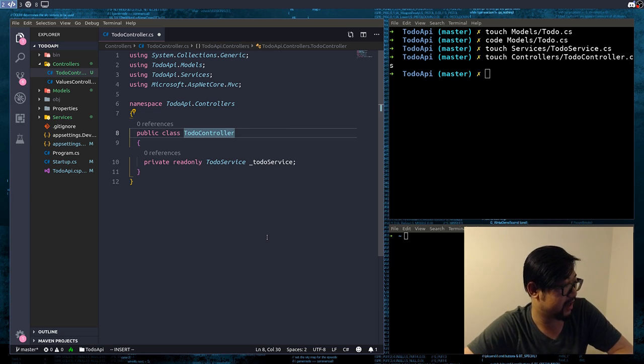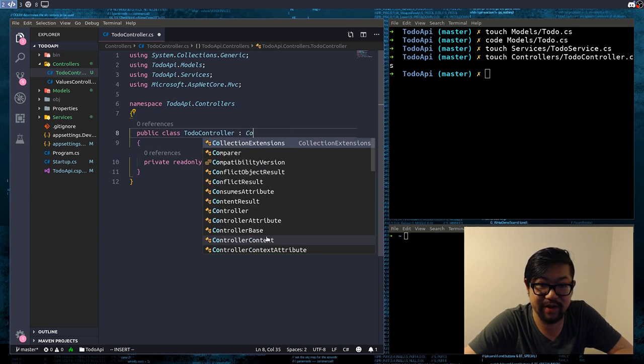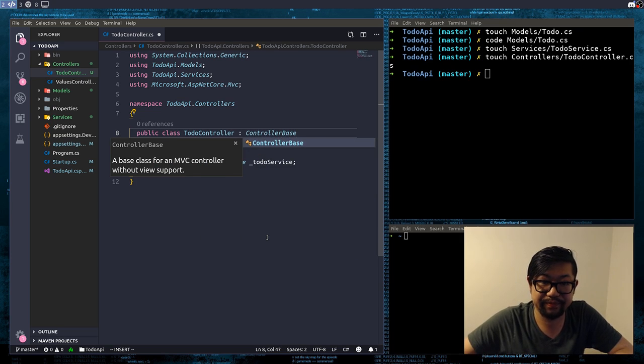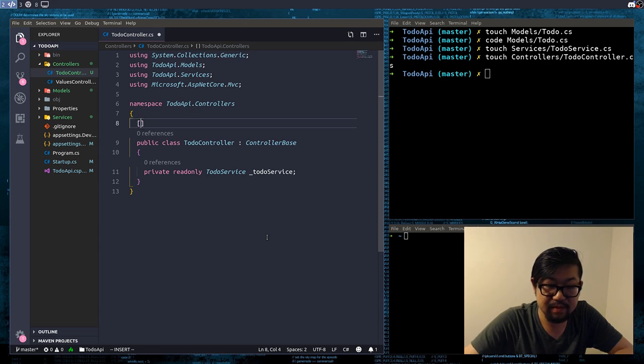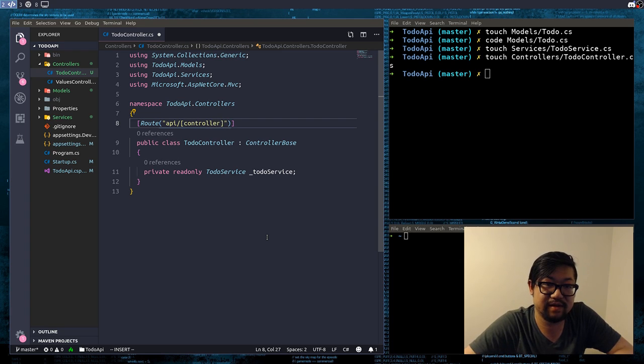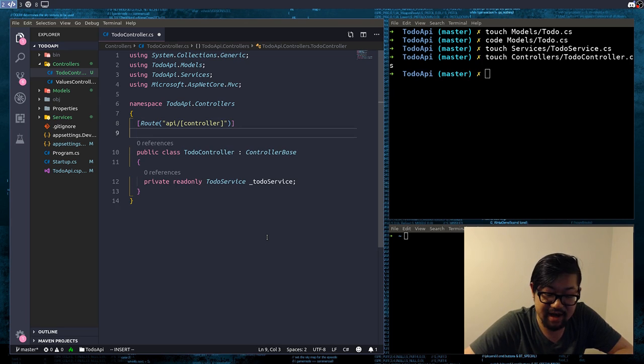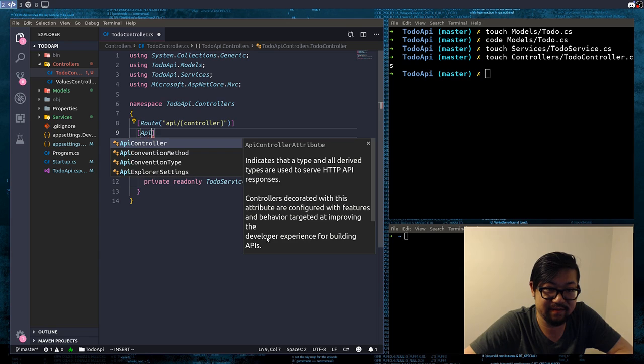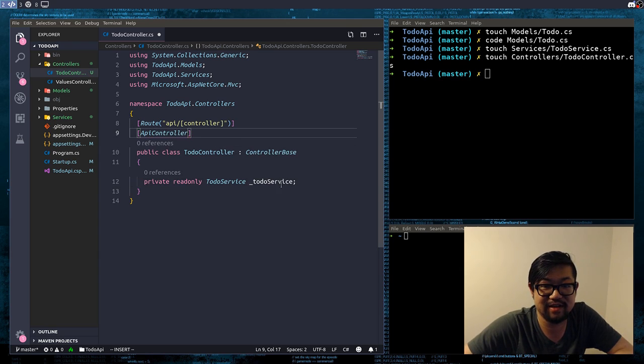So our to-do controller actually inherits from the controller base. And we also need to add some annotations to it. So the first one is we route. And I believe this is the default, but it's going to go to API/controller, which means that the controller's name is to-do, so it's going to be API/to-dos, and we'll get to this class. And the next annotation is API controller to tell it that we're actually going to serve up JSON